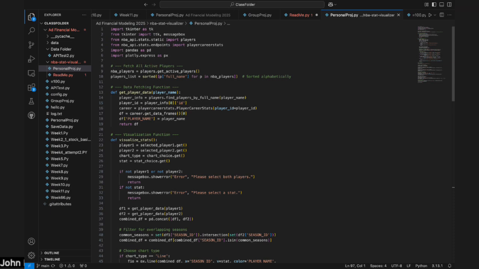So obviously my API is the NBA API, and that's where I'm pulling their full career stats, the players' names, all that information from. But to fetch all active players, we used nba_players = players.get_active_players(). players_list = sorted, that would be their full name for p in nba_players, sorted alphabetically. That's the drop-down where I could select different players alphabetically, which made it way easier to